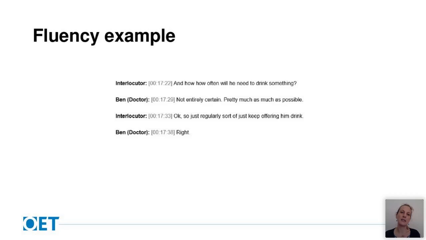So often with fluency, we see candidates being so fluent that they don't pause enough to involve the patient or carer sufficiently, or perhaps they're trying to cover too many details without stopping. So that has its own problems, but this doctor had the opposite problem of really only giving quite short answers, and so not demonstrating the fluency that he actually had. And this is an interesting point to focus on. So for OET purposes, even if you are still a medical student or trainee like this doctor, for OET purposes, you are a fully qualified doctor.